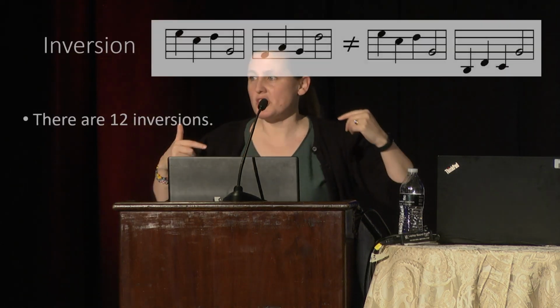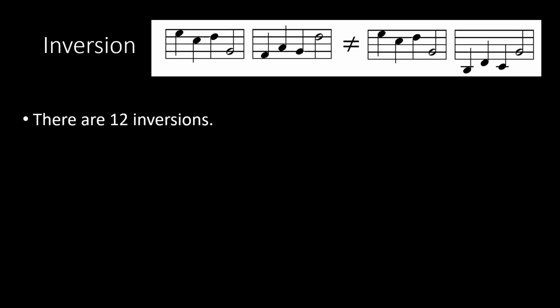We're doing well. What about inversions? Is one of our other maps. So this is like reflecting in a horizontal mirror. And just like standard reflection, it matters where your mirror is. Okay? If you move your mirror, you're going to get a different outcome. So the same with inversions. And just like with translations, there are 12 inversions. If you can reflect about any pitch, you get 12 inversions. Actually, the reason there are 12 is slightly more complicated than what I've just said, but it boils down to the same thing. But there are 12 inversions.